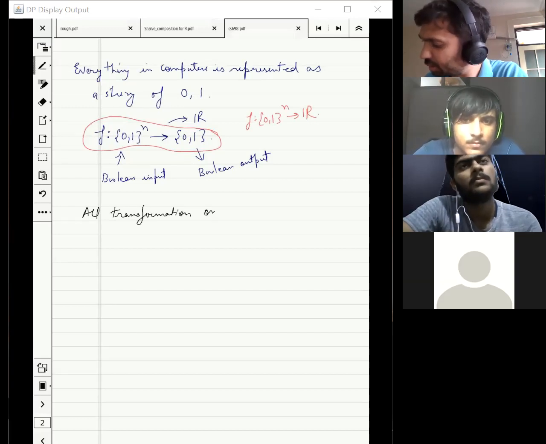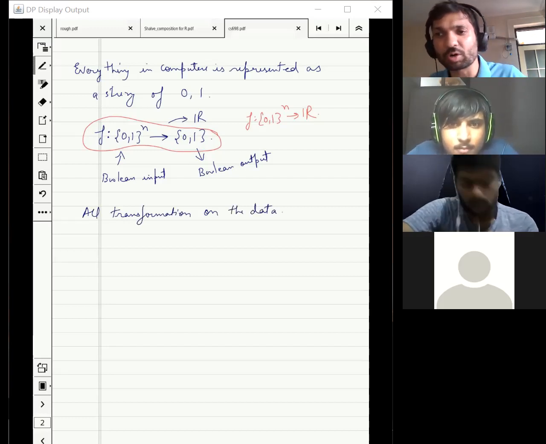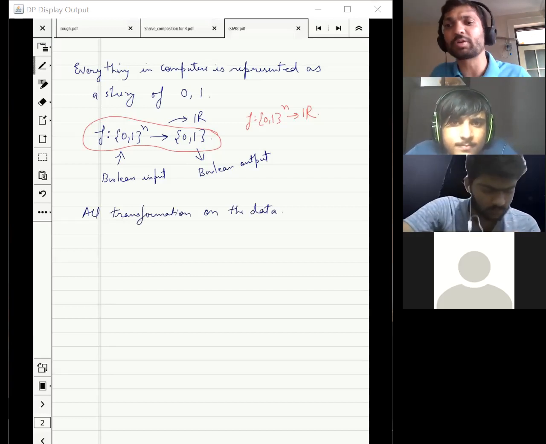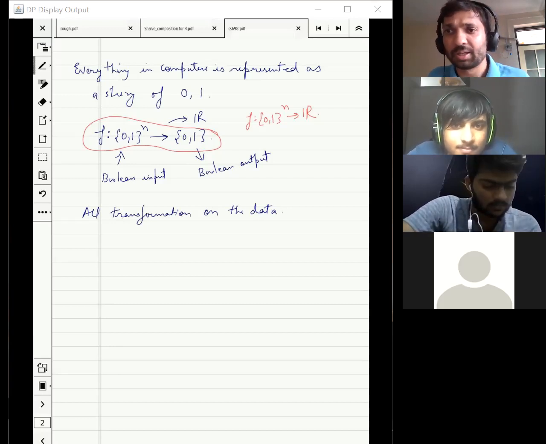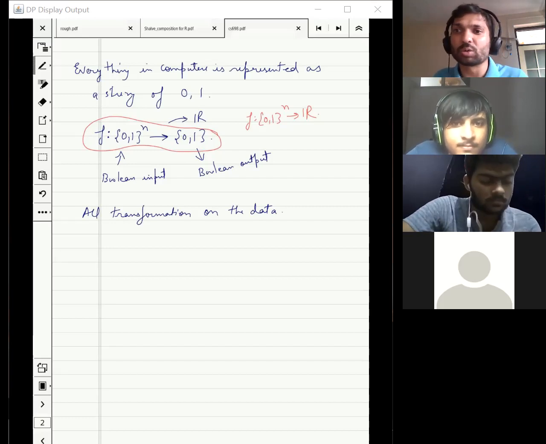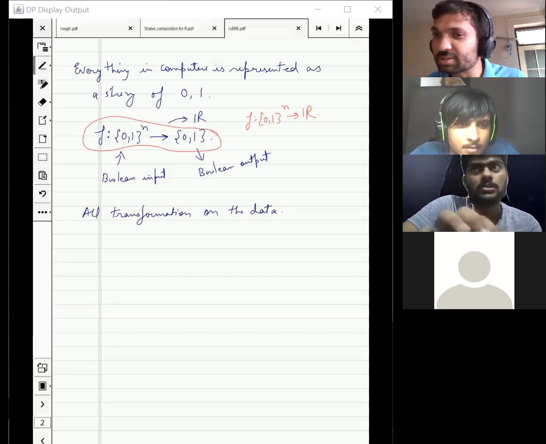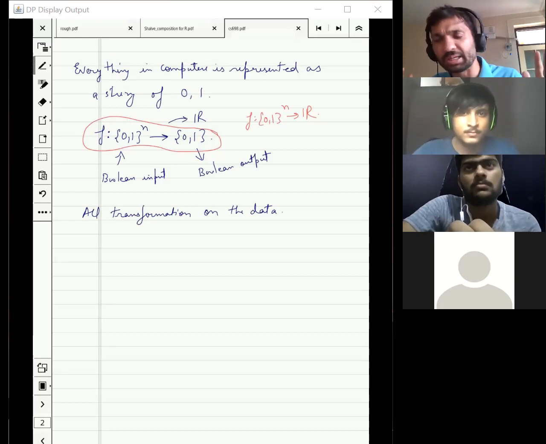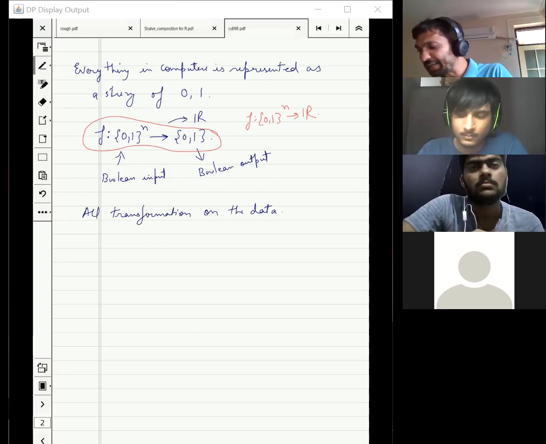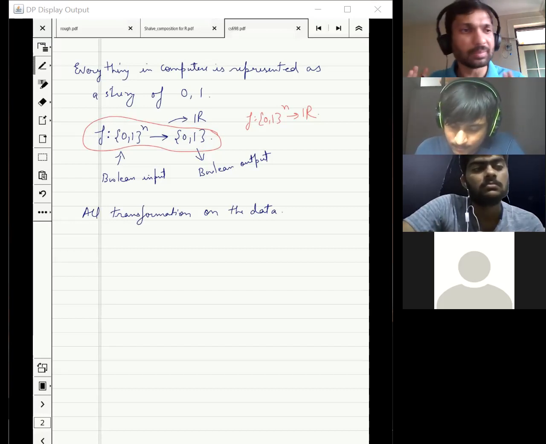On the data. Whatever you are storing on the computer, whatever operations you are going to apply, whatever transformations you are going to apply on them, they're going to become Boolean functions. Correct? And don't worry, you might say, oh, the output is going to be 2 Boolean values. Who cares? You can think of it as 2 Boolean functions, F1 and F2. So that's not a big deal. You don't have to worry about it. It's quite clear that most of our operations are Boolean functions. So it's important that we study them.